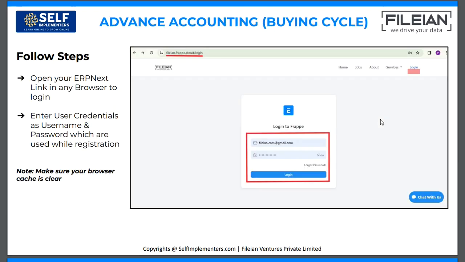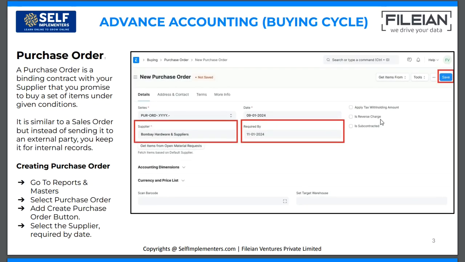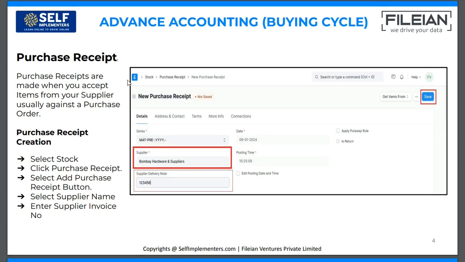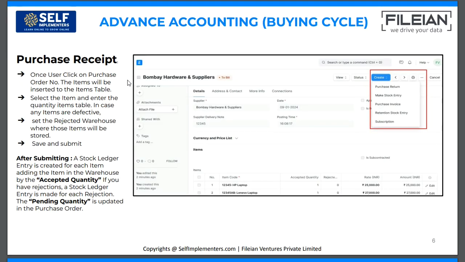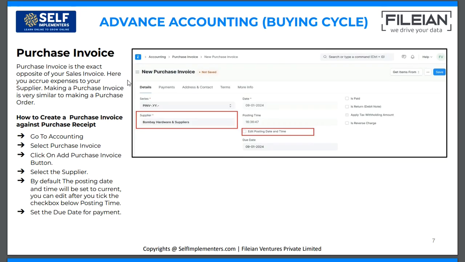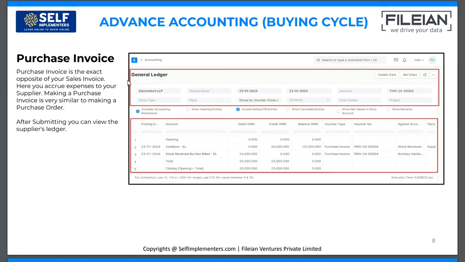So in today's video session, we will generate one purchase order, and against that purchase order we will make a purchase receipt, that means a GRN, and against that GRN we will do a payment. We will book the purchase invoice in our accounting books, and against that purchase invoice we will